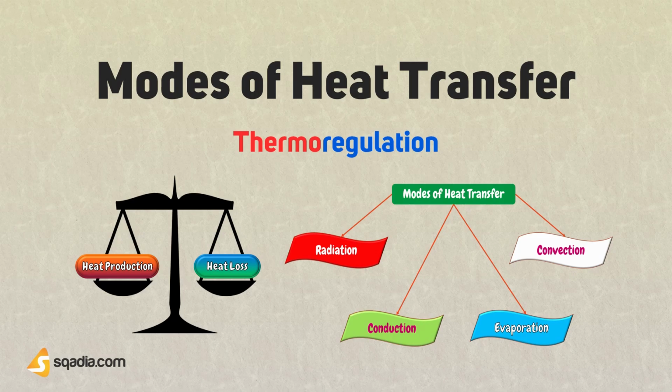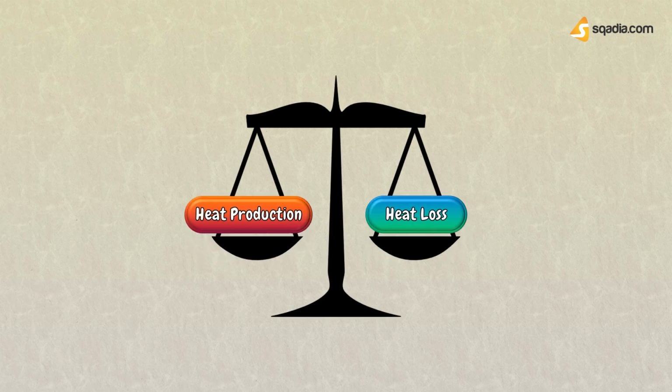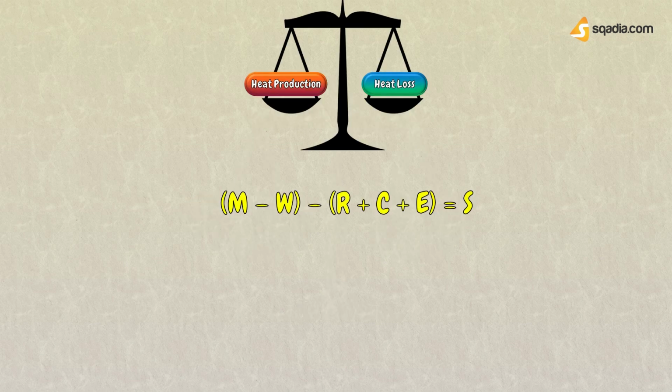Maintaining a relatively constant body temperature requires a fine balance between heat production and heat losses. Temperature homeostasis requires that increases or decreases in heat production balance increases or decreases in heat loss. Physiologists usually express this concept in terms of a whole body heat balance equation, which for an adult of constant